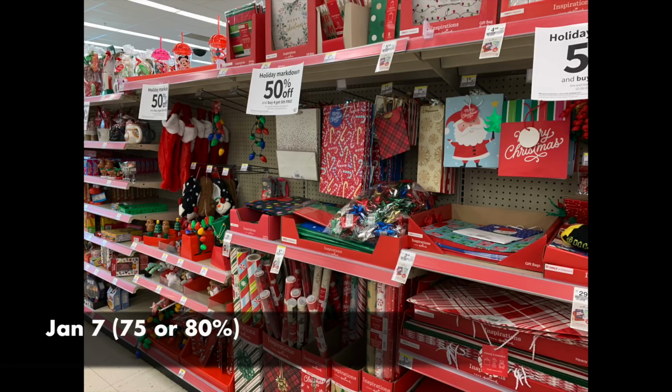People are just not about this Christmas clearance as of yet. So it's your choice, maybe on the 7th or even on the 6th if you're up there. Just ask the staff. Sometimes they will provide that sort of information. If you ask really nicely, they will help. So how great is that? So hopefully this is crystal clear now. And I'm noticing that some stores, I think people are just done with Christmas and there's still a good